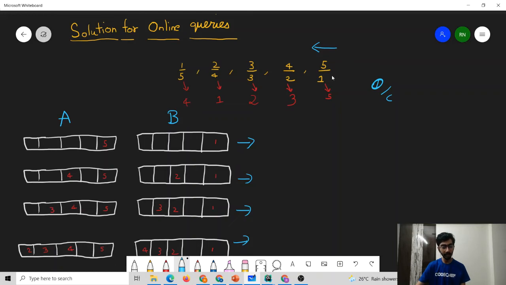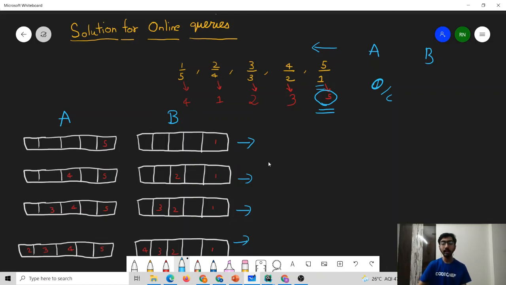We can maintain two different segment trees, one for a's and one for b's. For each such value, we can put the value of a into the required position. This position is the position in which the 5, 1 existed in the original array A, and 5 is also the position in which 1 existed in the array B. Now we put this value of 5 and 1 in this particular index, that was 5. After that we can put the value 4 and 2 in a new segment tree where we have copied all the previous values, into the position 3. Similarly 3 and 3 can be added into position 2, 2 and 4 can be added into position 1, and so on.